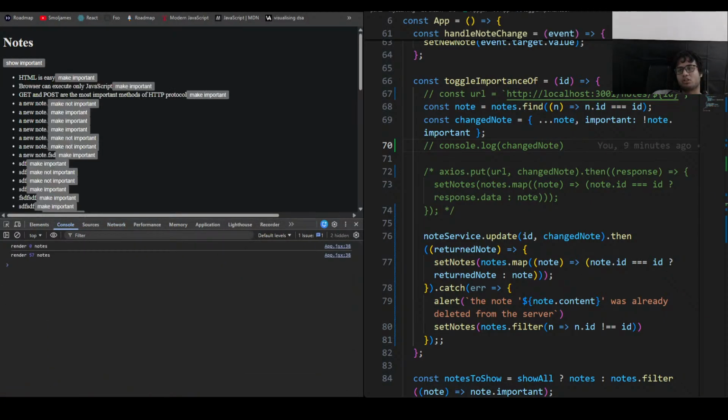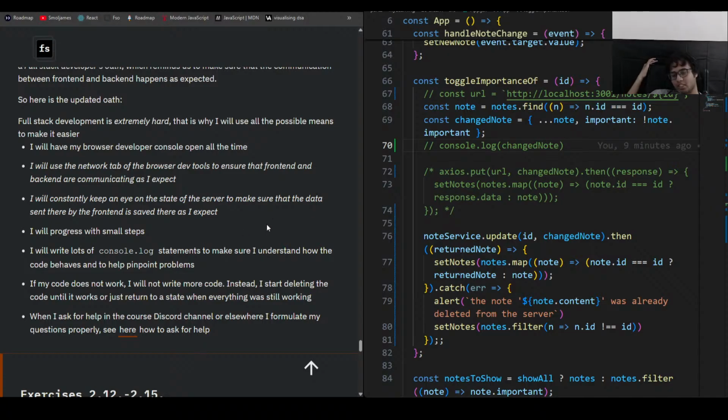Instead, I start deleting the code until it works or just returns to a state where everything was still working. When I ask for help in the code,